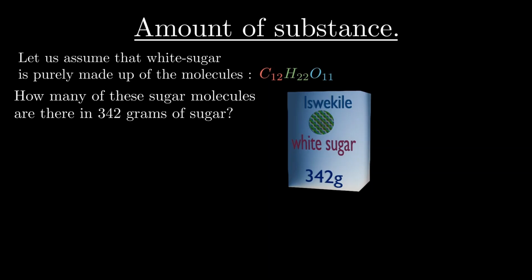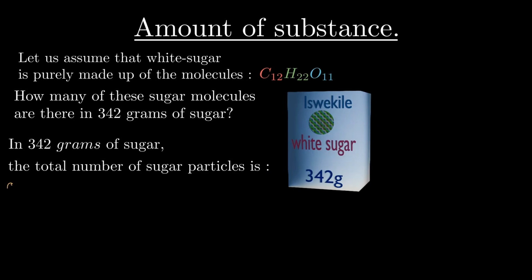So this is a sugar particle, C12H22O11. How many of these particles are there that make up this 342 grams of sugar? How many? Well, in 342 grams of sugar, the total number of sugar particles, which is the total number of C12H22O11, is